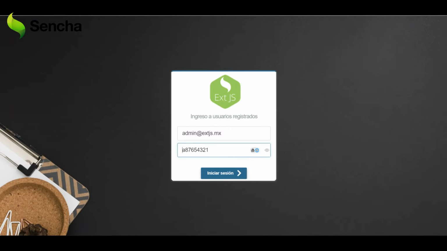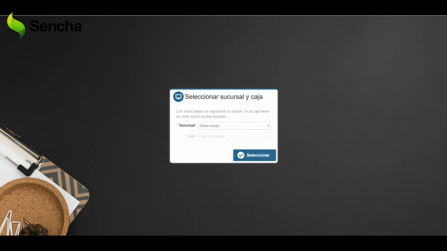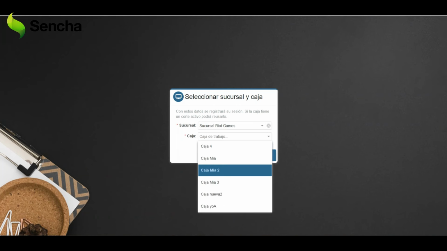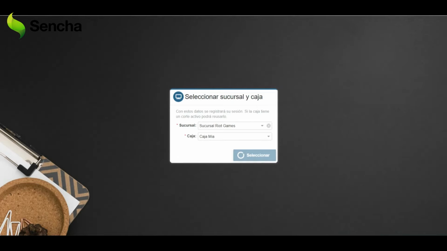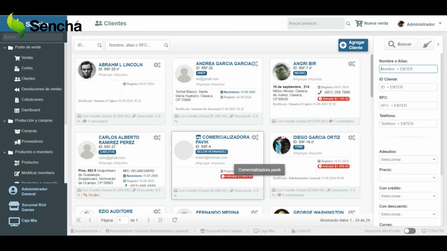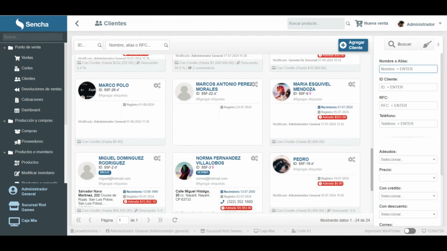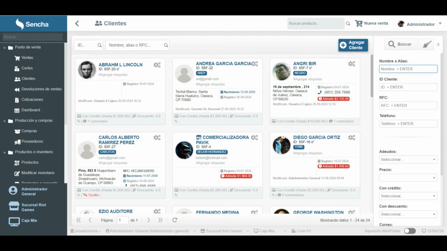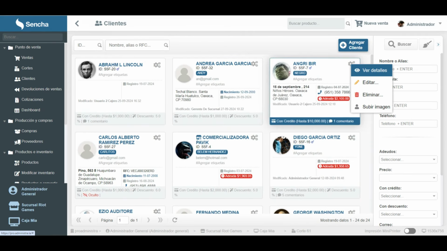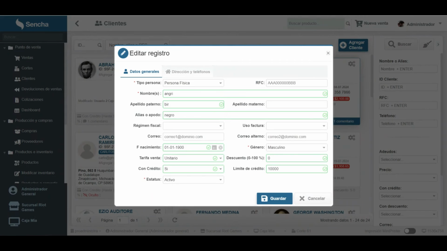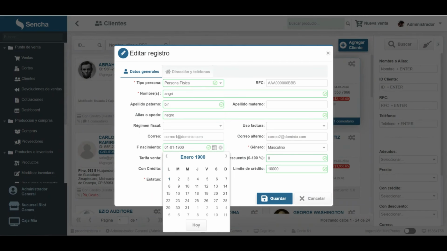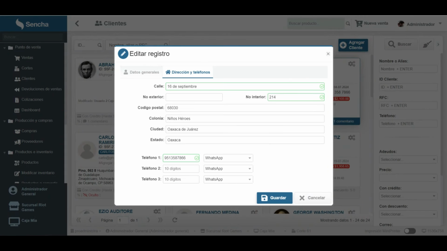Let's look at another important point, the efficient use of containers and layouts in Sencha Ext JS. This is a crucial topic for optimizing the performance and maintainability of applications. Containers and layouts are fundamental for creating the user interface. But if they aren't used correctly, they can lead to unnecessary overload in the application, directly impacting performance and the